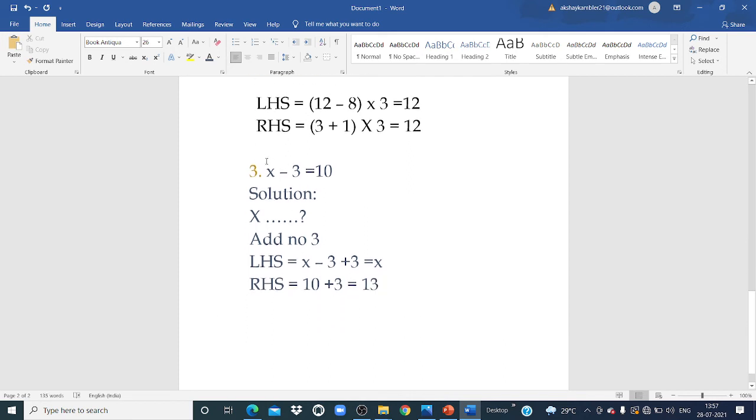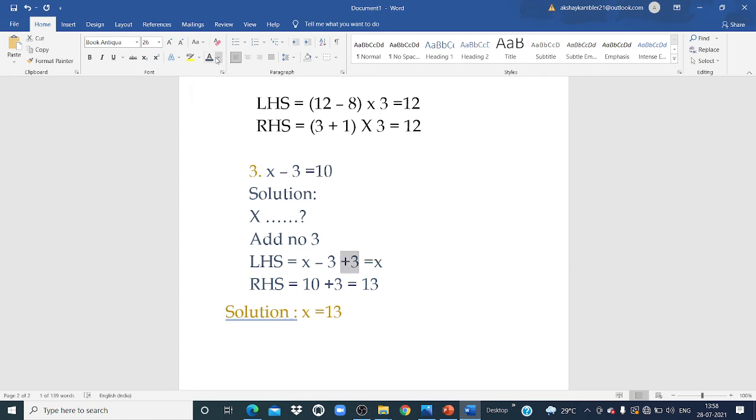So what is the solution of this example number 3? The solution is, I will write it down again below, x is equal to 13. Clear with this point? Yes, very good. So like that, whenever you have addition in the example, do the subtraction when you are finding the answer. And if there is subtraction, do the addition.